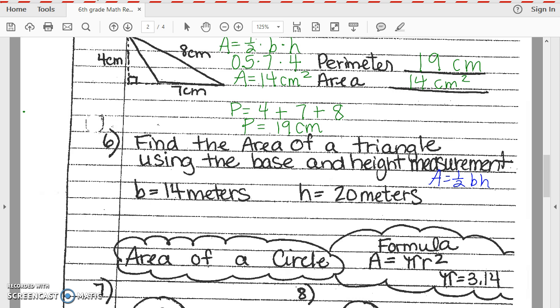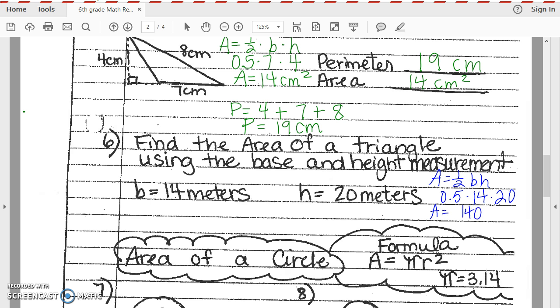So when I bring down 1/2, what am I going to write? 0.5, because I always like to switch it over to a decimal. And then I'm going to times it by my base, which is 14, and my height is 20. So now, and you are clear to use your calculator, you are going to times 0.5 times 14 times 20. Okay, so area equals